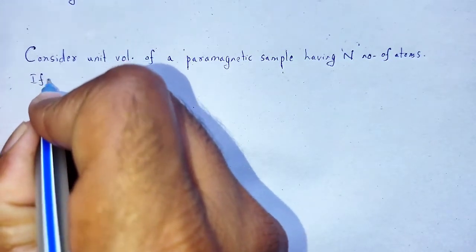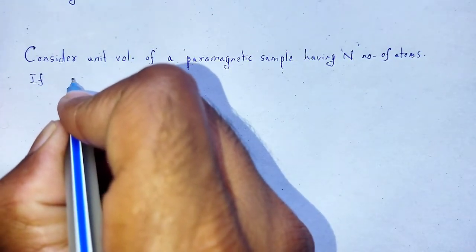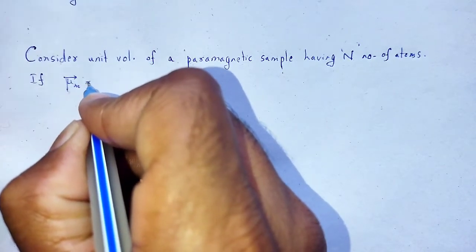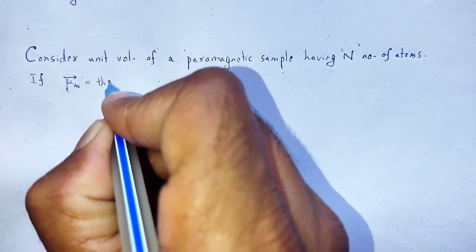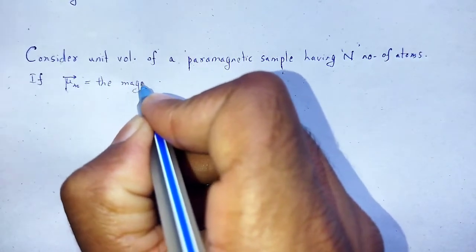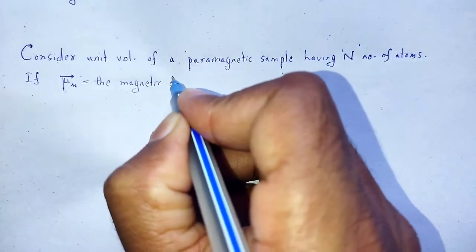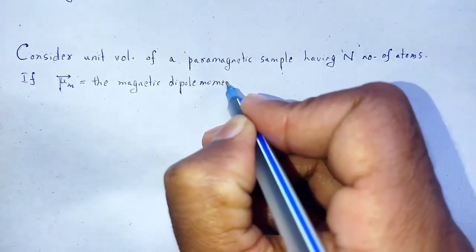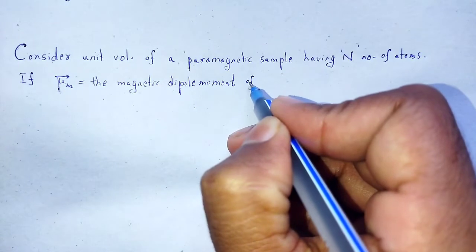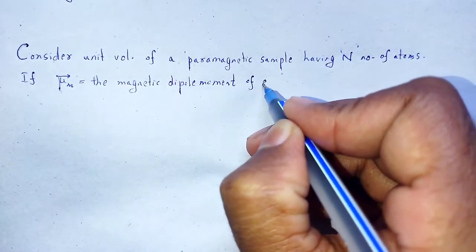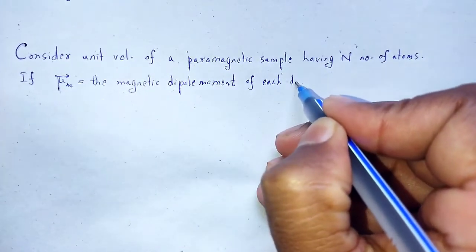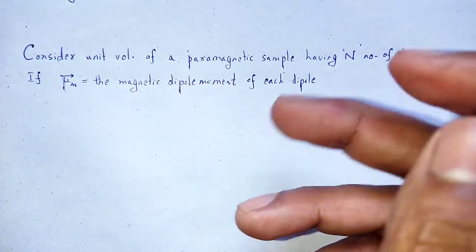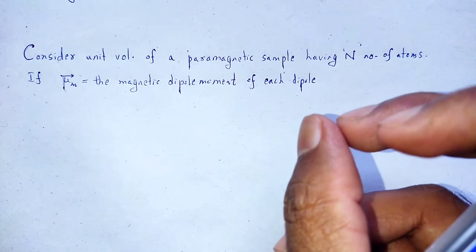If mu m is the magnetic dipole moment of each dipole, each atom being treated like a magnetic dipole,